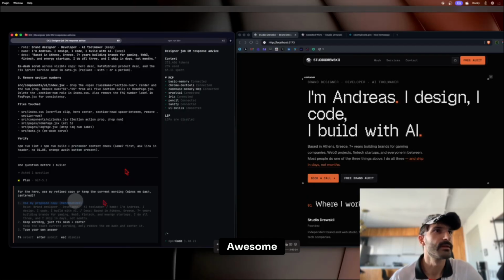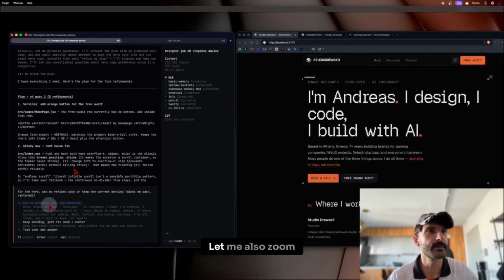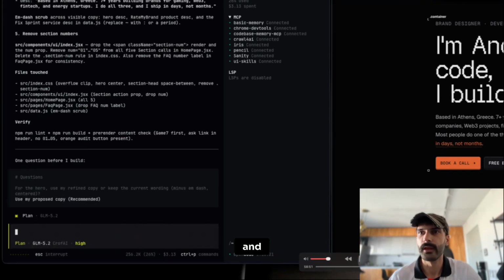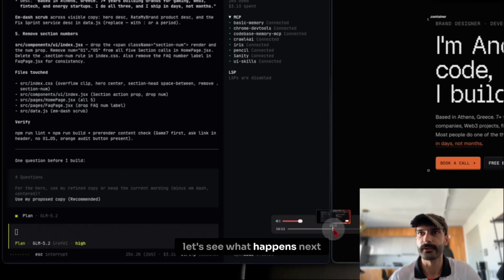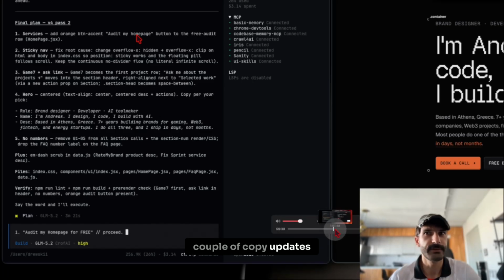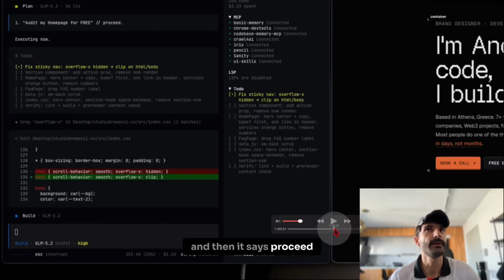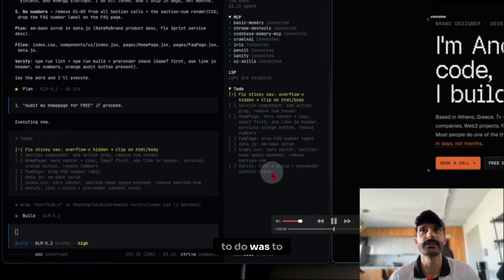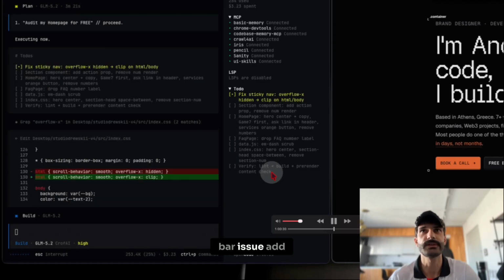Awesome. So here I'm using the proposed copy. Let me also zoom a little bit, and let's see what happens next. I'm just adding a couple of copy updates, and then it says proceed. So now the new to-do was to fix the sticky navigation bar issue, add action probe, remove number rendering,